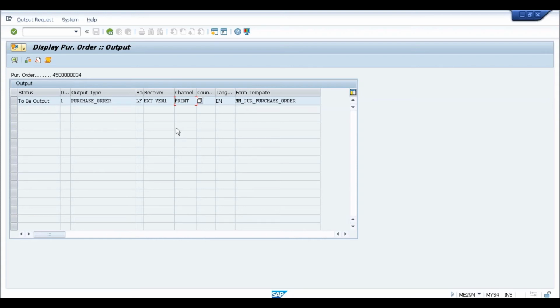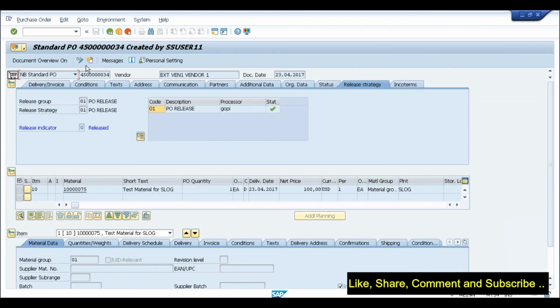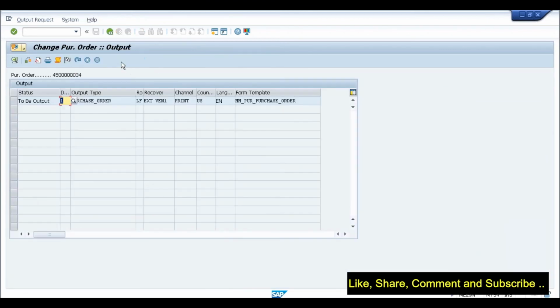So what I was trying to do was come here and add a new output, just like we used to do with ECC, and say instead of print, the medium I was trying to choose was email. Yes, so you can click the add output from here. I put the output type still as purchase order, LF, and took the same vendor.